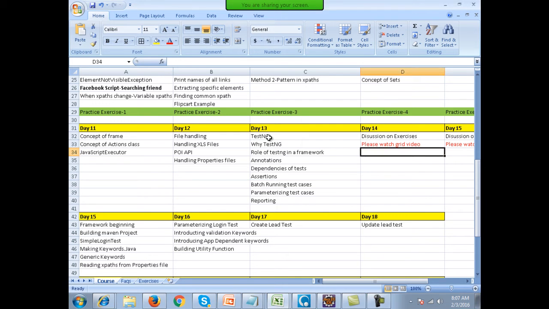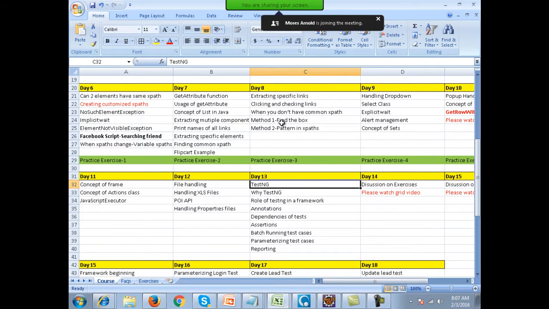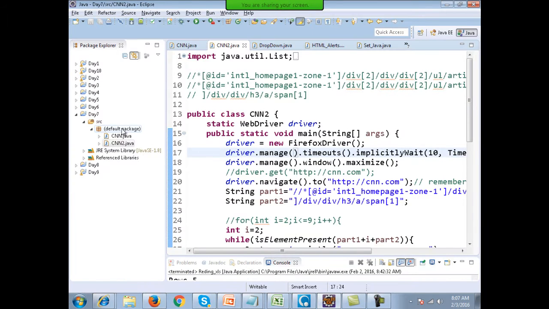Now the first thing is why do we use TestNG, and what TestNG is. What is the purpose of using TestNG? And then we'll see how to install it and all. Look, till now in the earlier classes we have seen how to write simple programs, how to test links